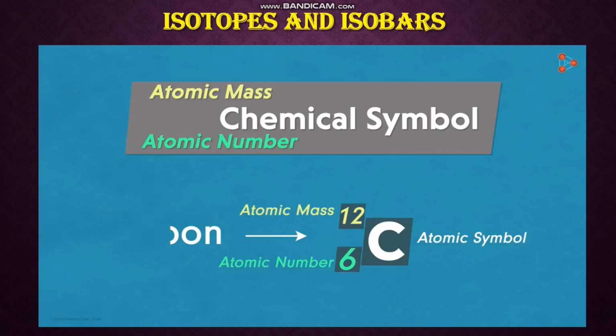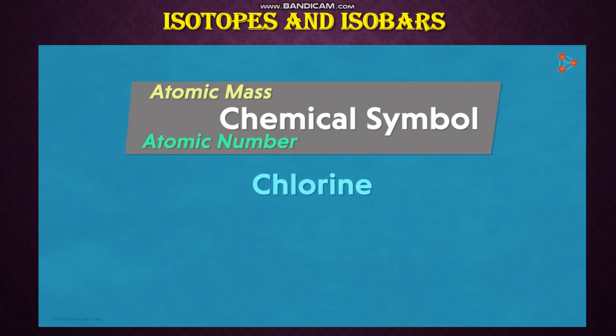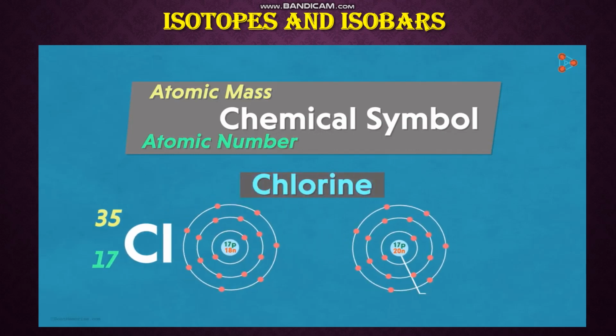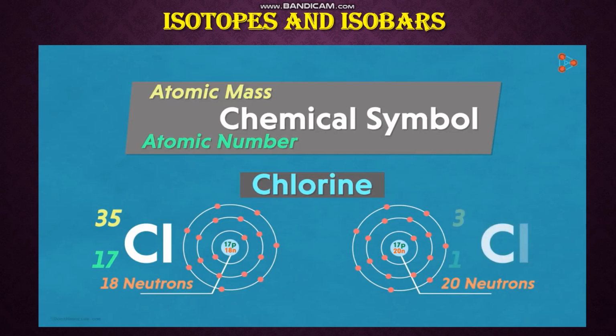Now what if it's another element, say chlorine? Something like this maybe? Yes, one type of chlorine atom can be represented like this. Why did I say one type of chlorine atoms? Are there more types of chlorine atoms? Yes, some chlorine atoms have 20 neutrons instead of 18 in their nucleus. Then how do we represent this type? Yes, just like this representation. However, we now need to understand what exactly that is.